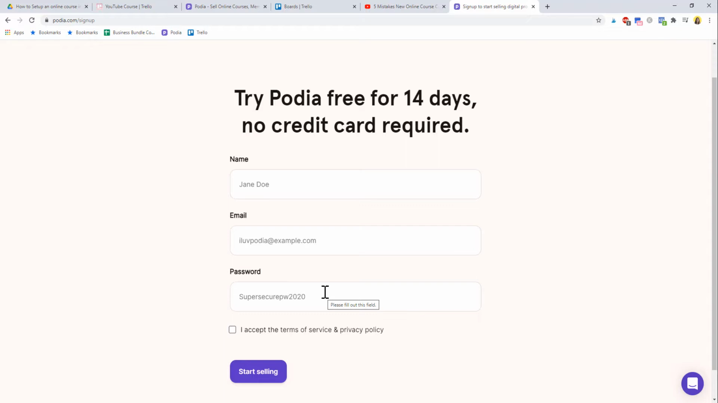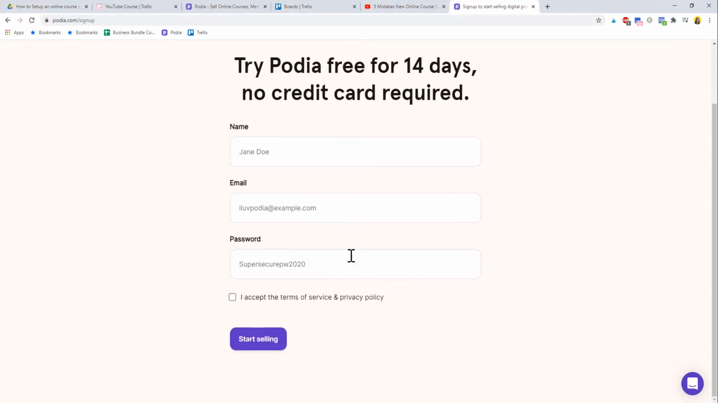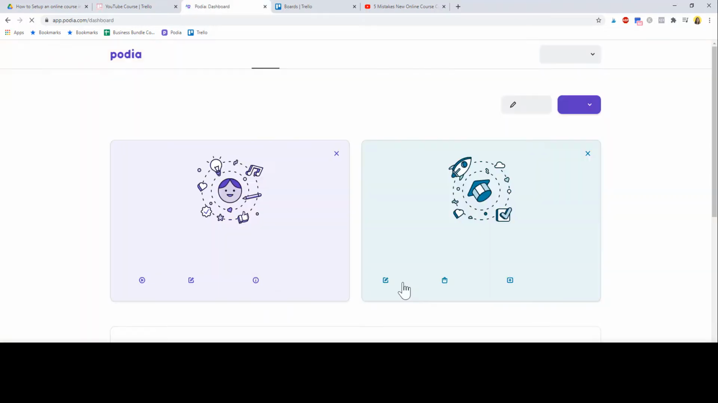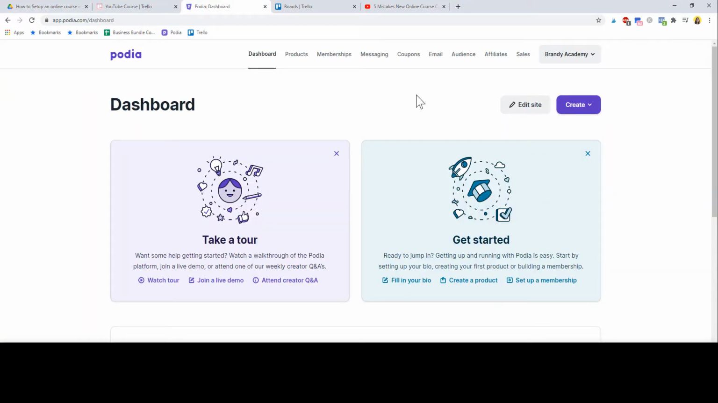But I'm going to go into my account because obviously I already have an account. So I'm going to go into mine and we will set up a course. So I'm just going to log in here. All right. And so when you go into Podia the first time, you're obviously not going to have any products